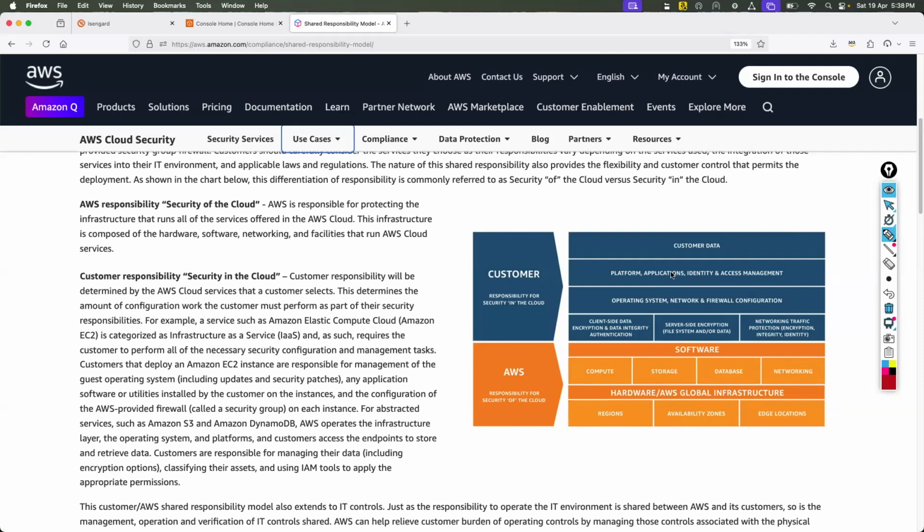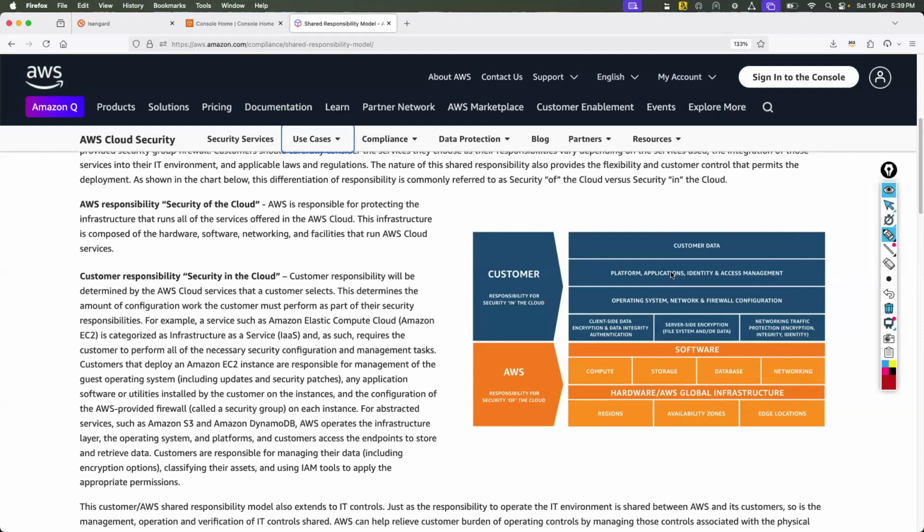Let's say the customer team, accidentally or purposely, opens all the ports in the firewall. And we know if you open all the ports in the firewall, it's a huge mistake from the configuration perspective. Then AWS will not go to the customer and say, hey Mr. Customer, this is my responsibility because you opened all of the ports and something bad happened and everything is down.